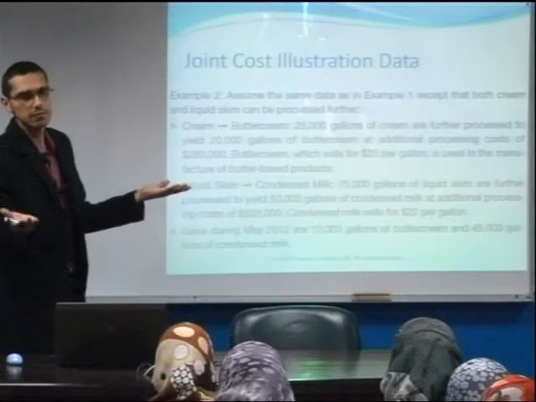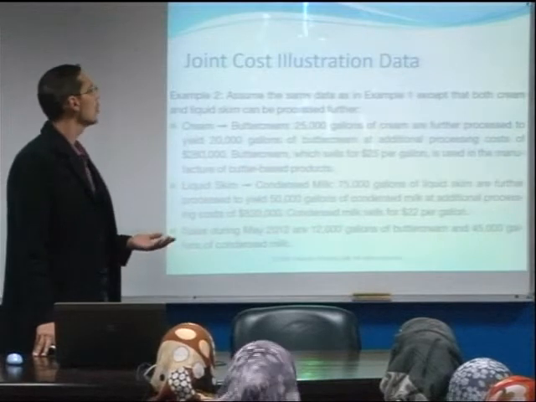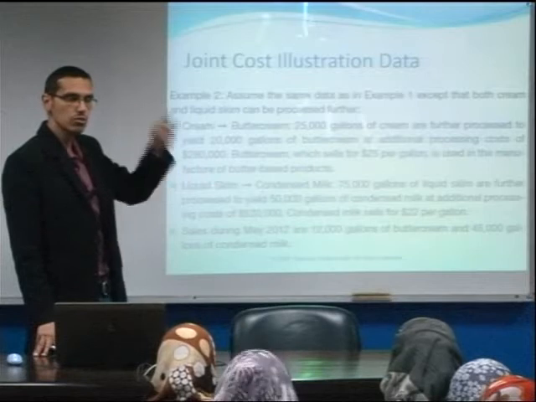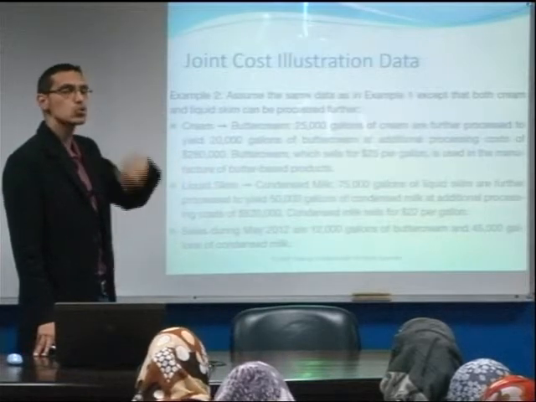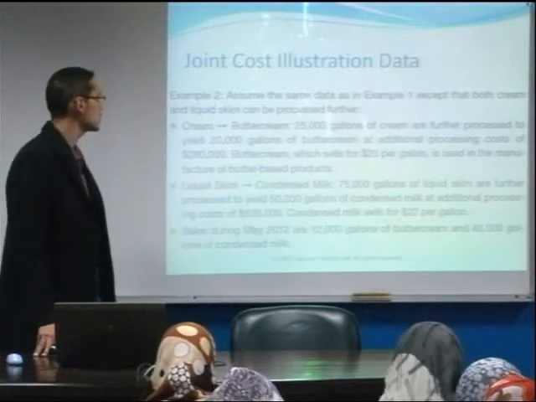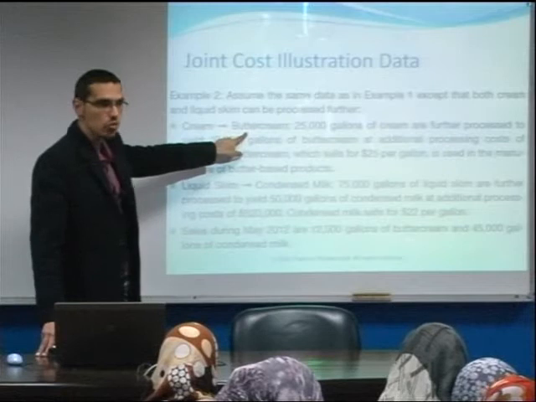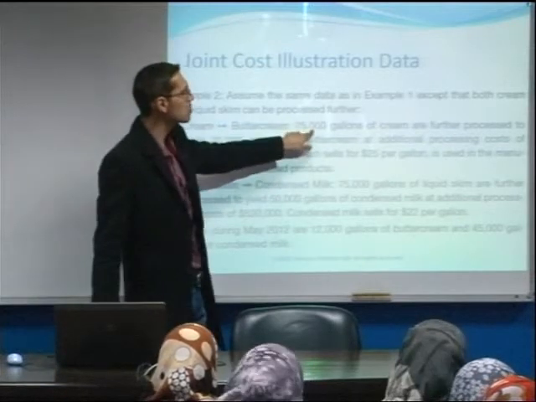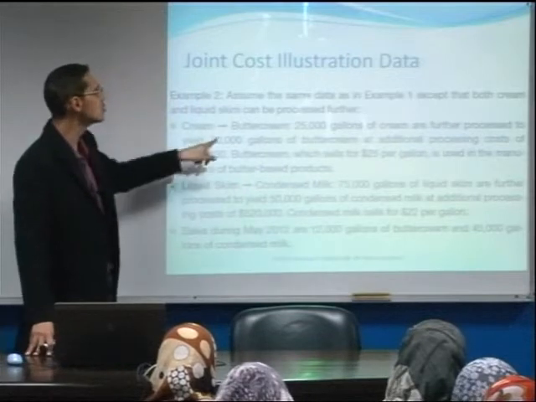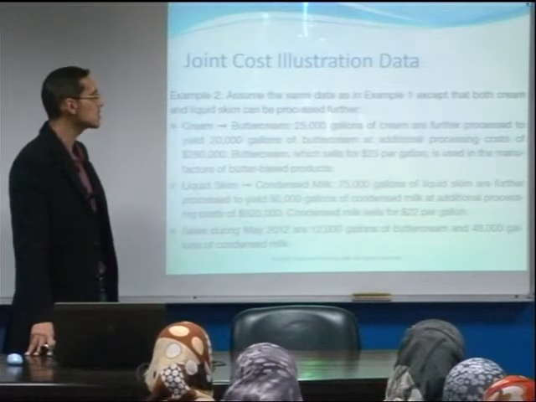That means we have the cream and we have the liquid skim, except that both cream and liquid skim can be processed further. Now we are going to consider that these products will be further processed. Cream would be further processed into buttercream. Therefore, the 25,000 gallons of cream are further processed to yield 20,000 gallons of buttercream at additional processing cost of